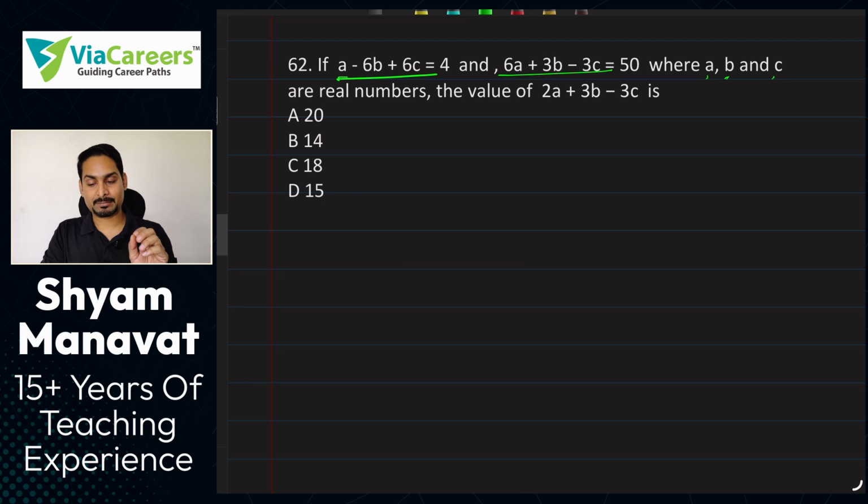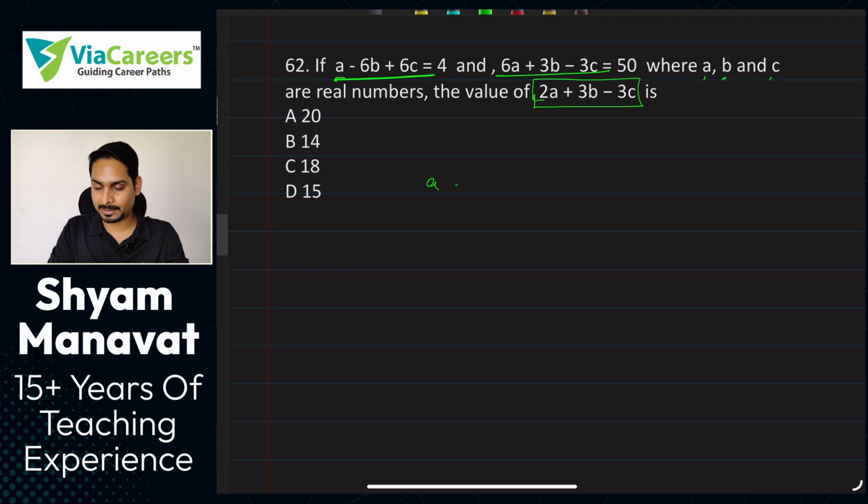Okay, so for three variables आपको चाहिए three equations, यहाँ पे दो ही हैं. But you can still find out the combination of the variables, and the combination of the variables given in the question. The examiner is also intelligent enough, right? So, they gave the combination in a way that you should be able to make it happen. So, let's see how we do it. So, here we have the equations.